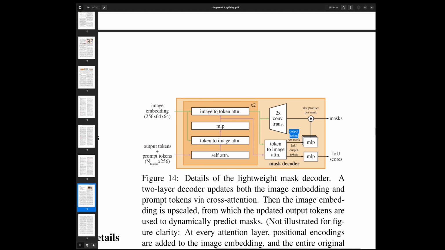Okay, so what do I have before that product per mask? What is the effect of 2x constant? Intuitively, what do I have here? If you have the prompt tokens, you will have a sequence of image tokens. Let's call them tokens because they are tokens that were weighted by the importance of each token to all the prompt tokens.